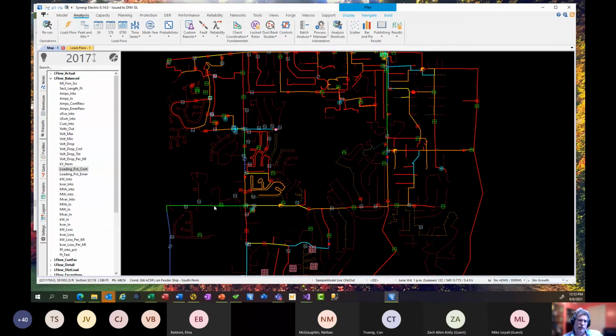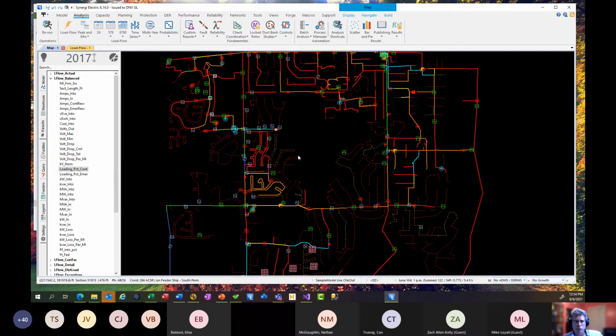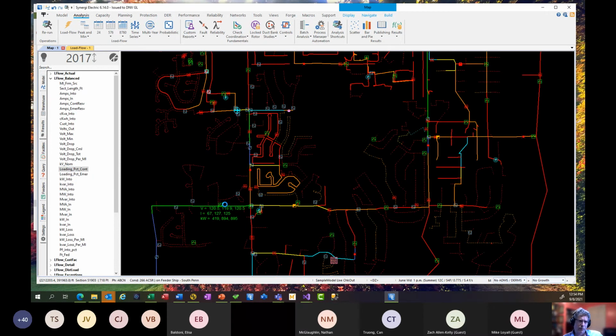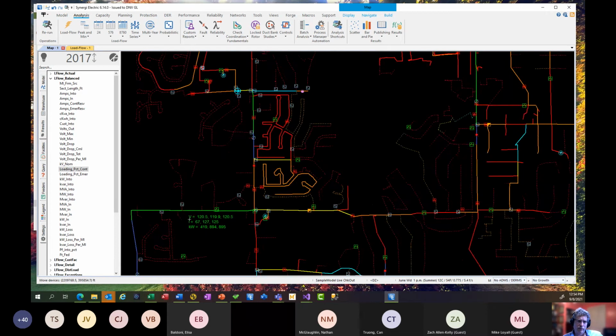But if I want to see results on this section, I can bring up a text label. Remember, that's a right click, text label. You can do a quick basic load flow, and I don't know why we don't call it quick load flow, but there we go. So I can show voltage, current, power,